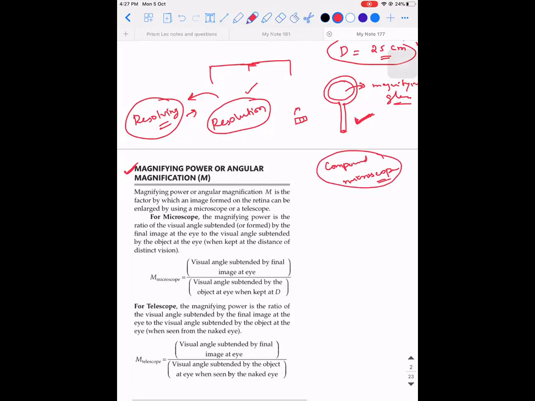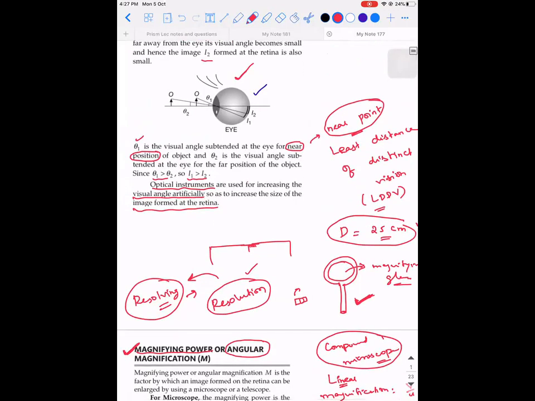Okay. So all these things have a parameter called magnifying power associated with them. Till now we were discussing magnification. You can ask me what is the difference between both. Till now I told you the magnification of a lens is V by U. What magnification were we speaking about? Linear magnification. Yes, we were speaking about linear magnification. Here it is not linear anymore. We are trying to speak about angular magnification, because the visual angle is telling me that if you are able to increase the angle, you can increase the size of the image that is formed at the retina. That is the idea.